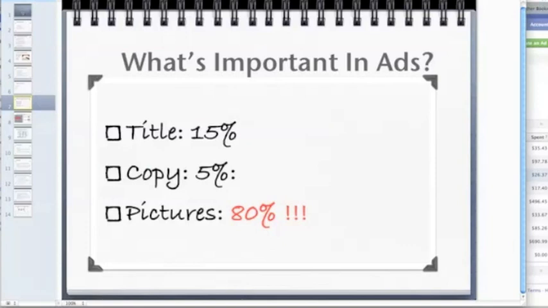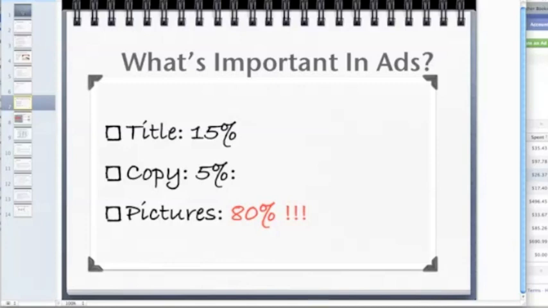So those are your definitions, and now I just want to talk about what's really important in your ads, okay? So a lot of people think that copy is extremely important, and what I know about humans is we're very good at creating reasons why not to do things. And one of the reasons that people always come up with is they think they don't know what to write in their ad. They don't know what kind of marketing to put in there that's going to really be effective, and